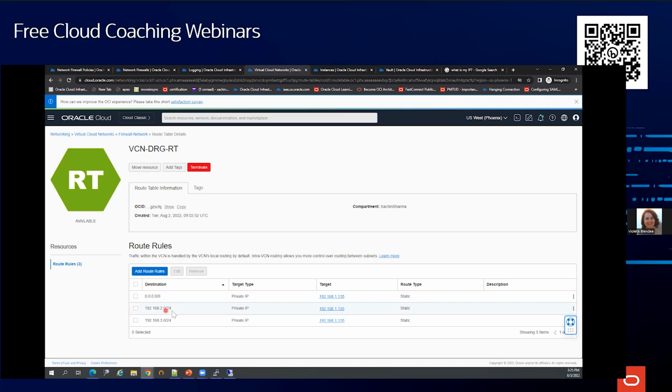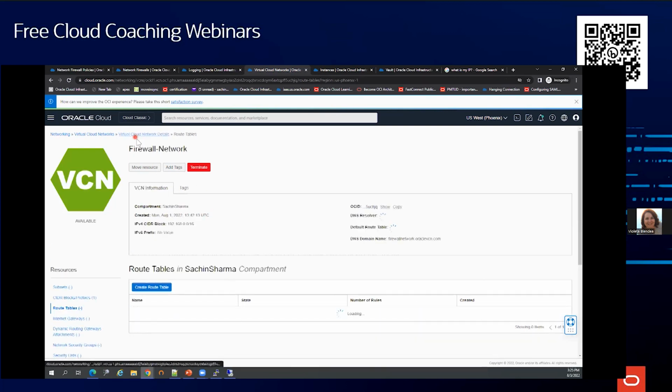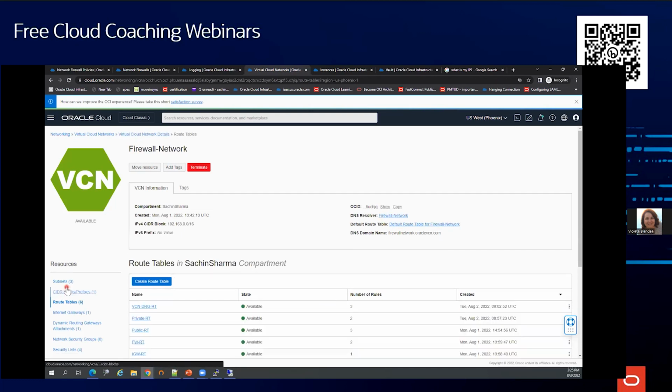I have also defined specific routes for my different subnets. This one is one of the subnets of the hub, and this is the second subnet of the hub, both going to 1.135. Now the traffic goes to 1.135, and then it goes to the subnets respectively.